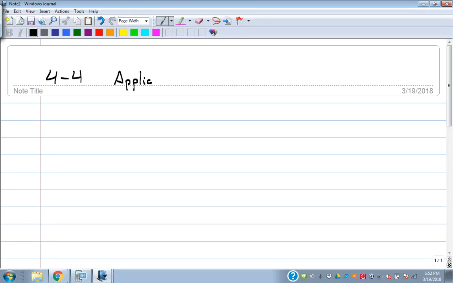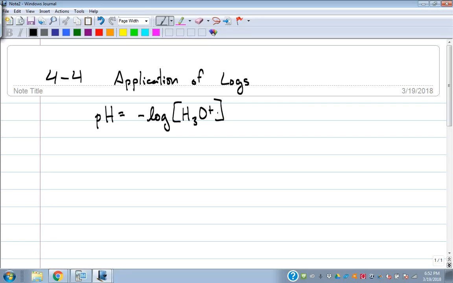A quick application of logs. pH. It's about to get to be pool season. And the pH value of the water in the pools is very important. Bacteria from growing. Which chlorine do you need and all that stuff based on the pH values of your pool water. All right, so pH is calculated using a log of the number of,